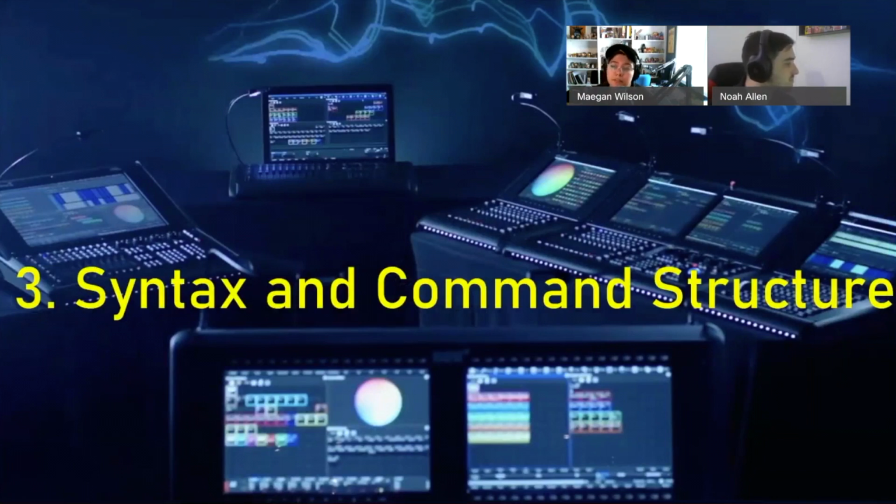So it's really important on whatever console you're using to always know how your command structure and your syntax needs to be in order. So in Hog, that is source, mask, command, options, destination. Source being where you're getting the data from. Mask is kind of like able to filter that data. Your command: what do you want to do with the data? Options, if there's anything you need to change, like if you're inserting or merging something in, or if you're turning off tracking,